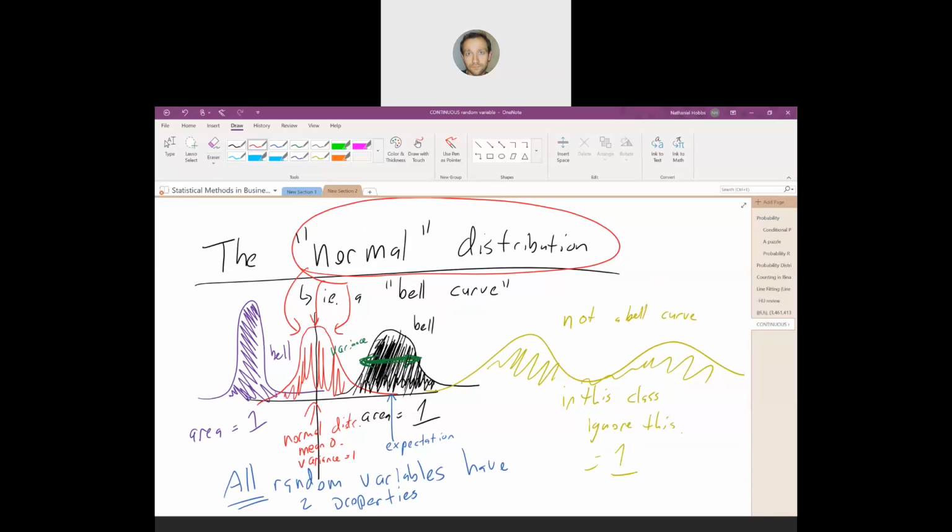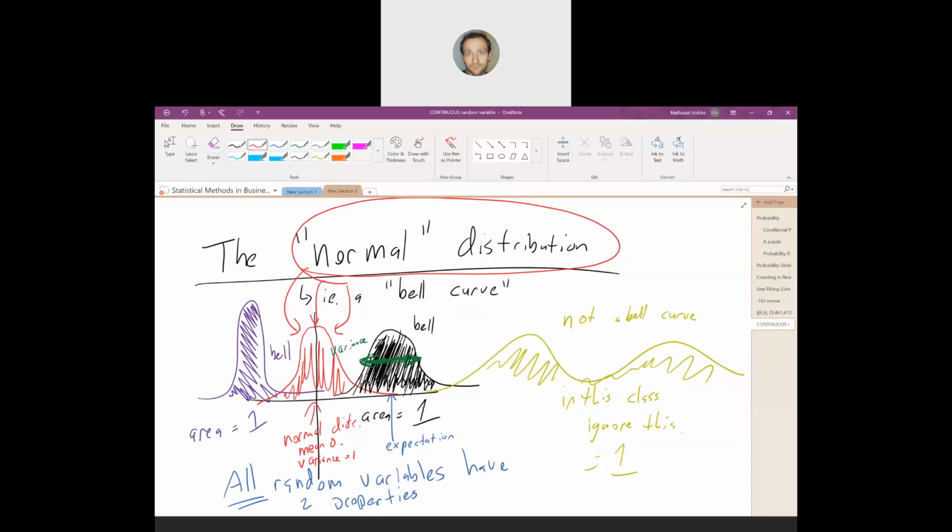But the black bell is fatter than the red bell, but you can squeeze the black bell to make it thinner. Likewise, the purple bell, you can shift it to the right to be centered at the same point as the red bell. And you can also squash it down and make it fatter so that it's the same fatness as the red bell. That's the Cliff Notes on how, no matter the bell curve, you can make anything a normal